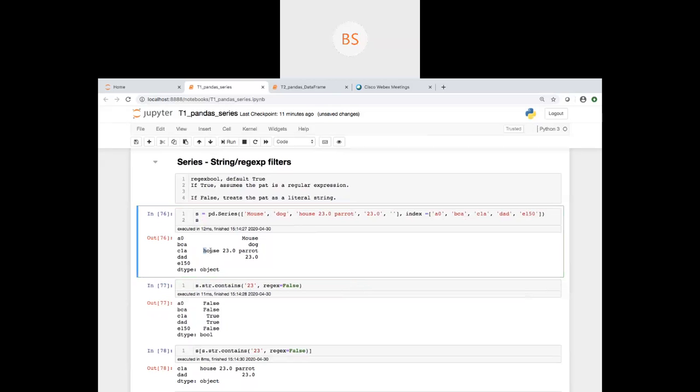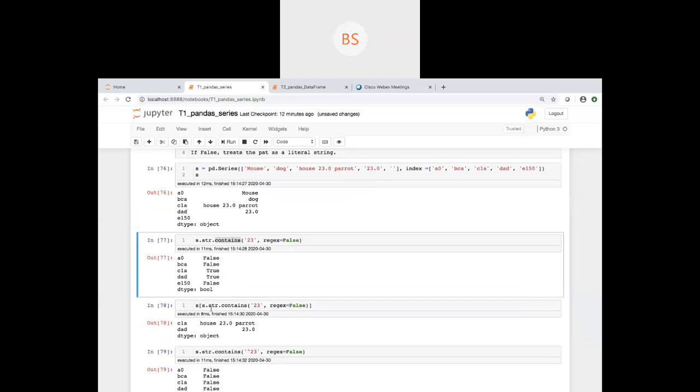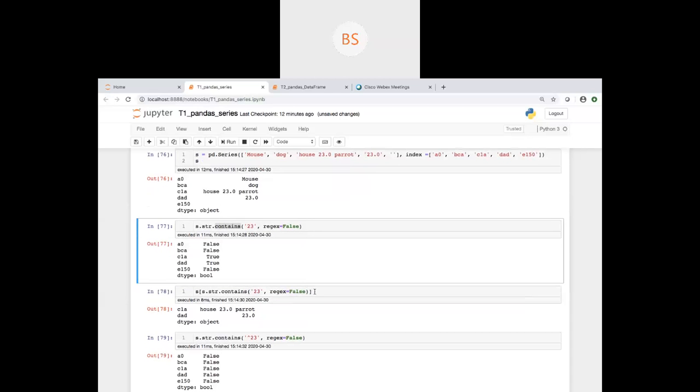So wherever I am, this is the function dot str dot contains. Wherever this finds 23, it will print, and it will tell a Boolean mask. So here it's matching, these two values are matching here. So this condition is matched. And if you put this condition inside the series and then the bracket, exactly the same condition, it will print these two things.